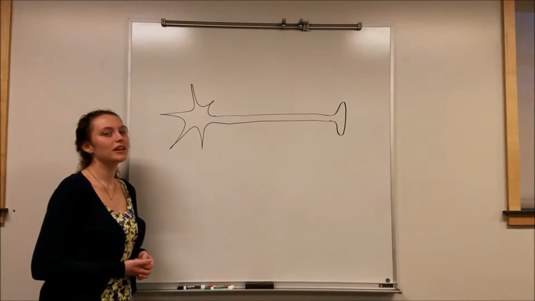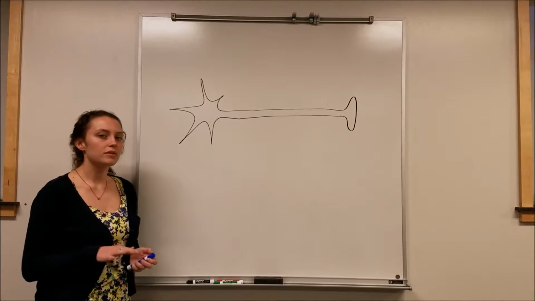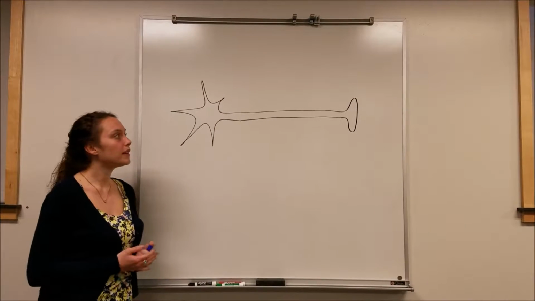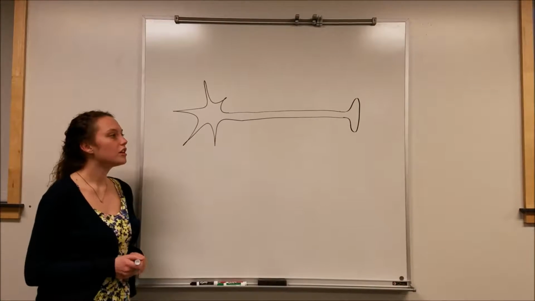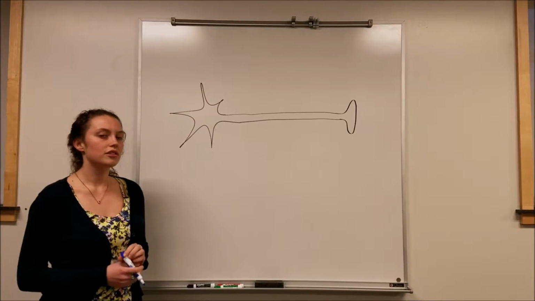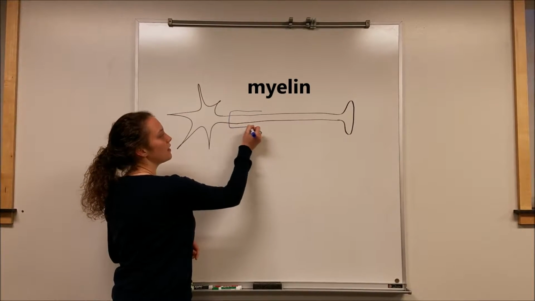We just talked about what can affect the strength of an action potential, and we said that the strength is always constant because it's an all or nothing event. But now we're going to look at what can affect the speed of an action potential, and this can actually change. So the biggest thing that changes the speed of the action potential is something called myelin that wraps around